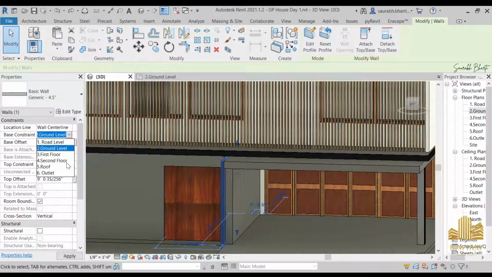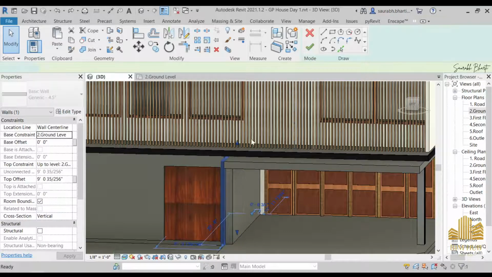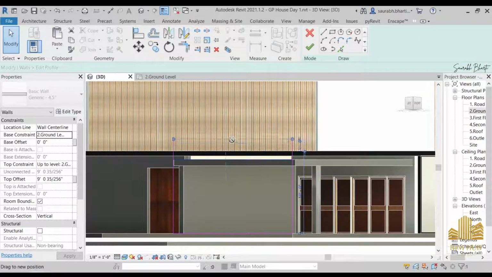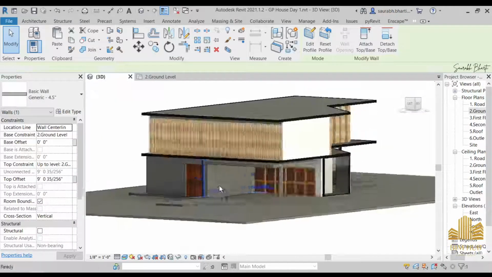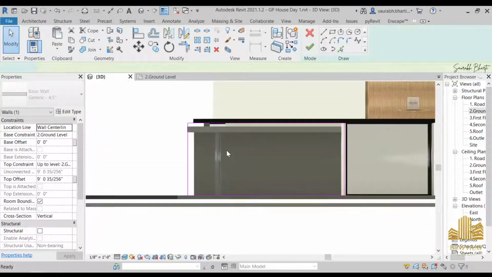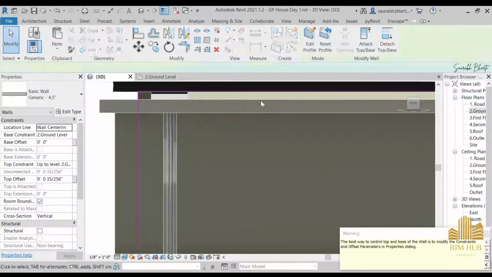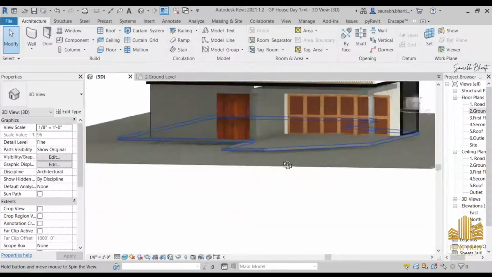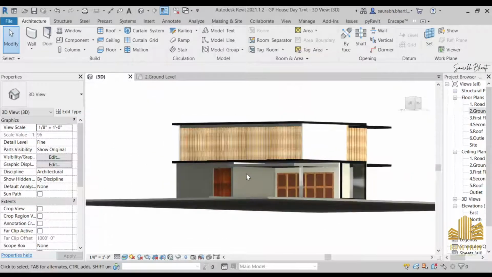Just select this, go to ground level, and here keep it till first floor. No, just increase the size of it. Go to edit, go to any of the views, and then attach it to the top and remove constraint and finish. And now we have it, and you can reduce the size of it. Just go to front view, go to edit, and place it inside till here, and now finish it. So we have something like this, and after this what we have to make it,